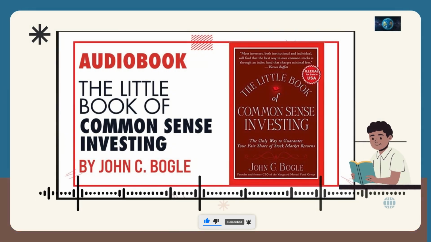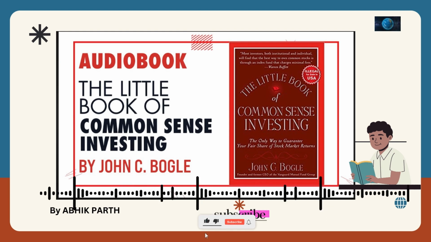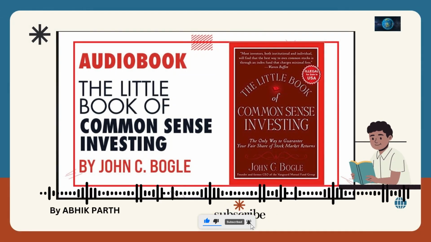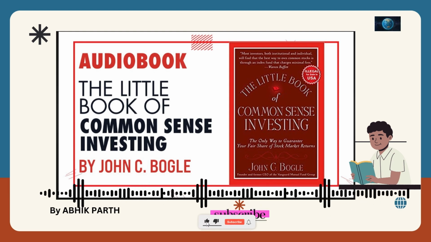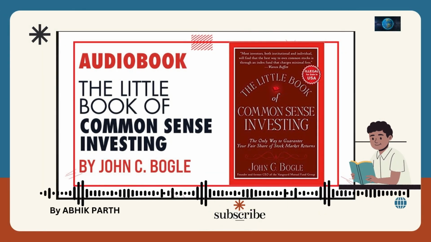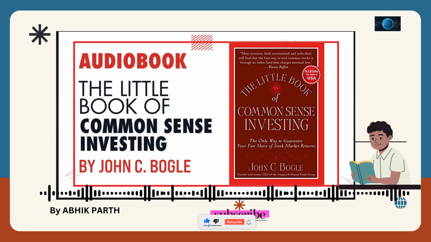Practical example. Now, let's see this in action with a practical example. Imagine you have 10 lakhs rupees to invest, and you have two options. 1. An active mutual fund promises to beat the market, but charges a high expense ratio of 2% annually. 2. An index fund tracks the Nifty 50 and charges a low expense ratio of just 0.2% annually. Assume both investments grow at an average market return of 10% annually before fees. After 20 years,